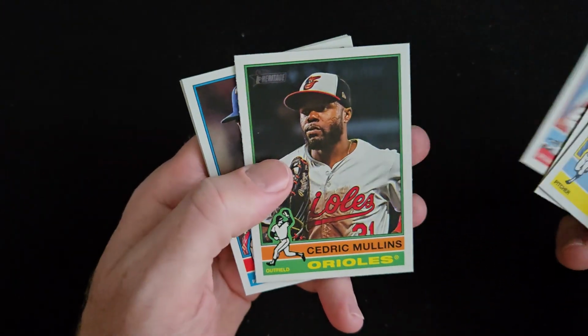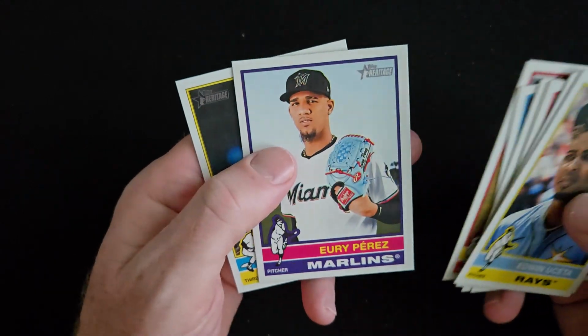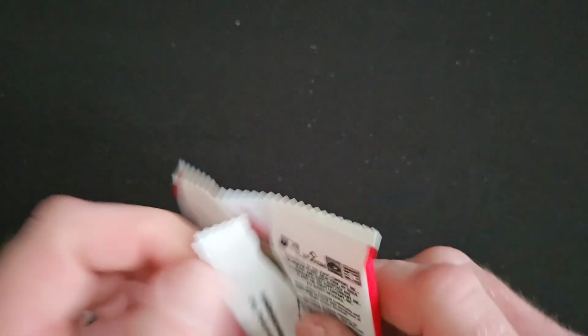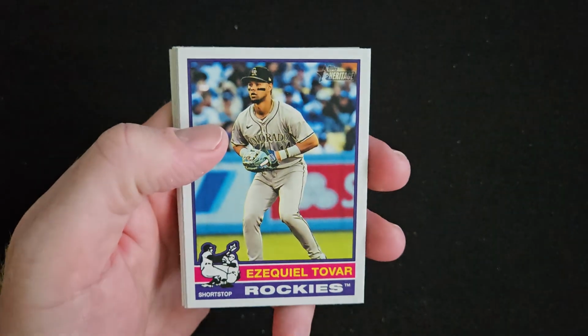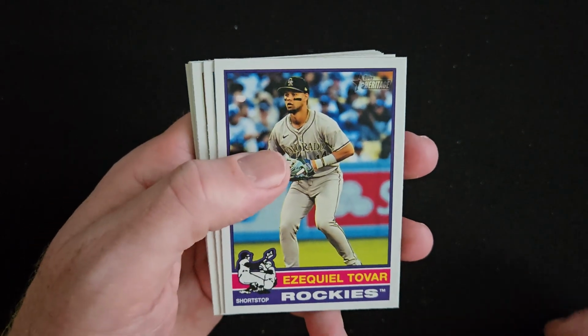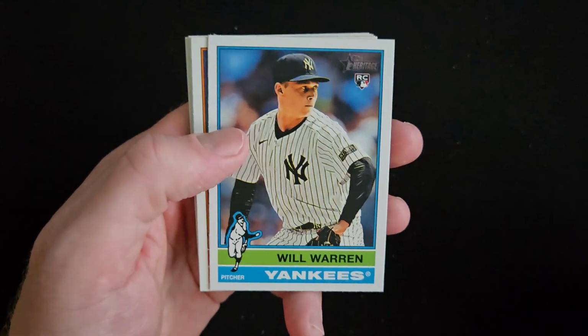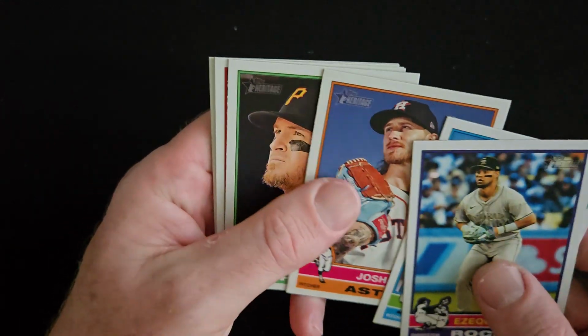Lawrence Butler, Luis Garcia, Cedric Mullins, Evaldi, Perdomo, Yuri Perez, Josh Rojas. So, it's in the off-season that you might find some deals, especially for a player on a slump or an injury towards the end of the year. If you're confident he's going to come back into his own self or even come back better, it might be a good time to buy it. I wouldn't buy any Aaron Judge cards during the home run chase because everybody's buying them. Josh Hader,